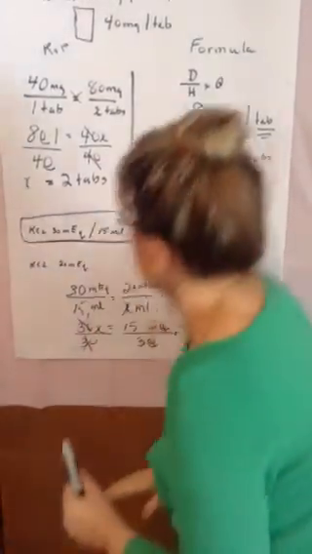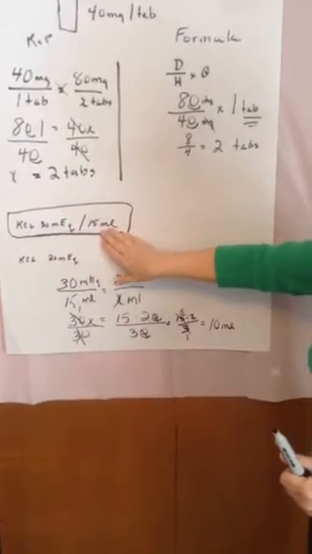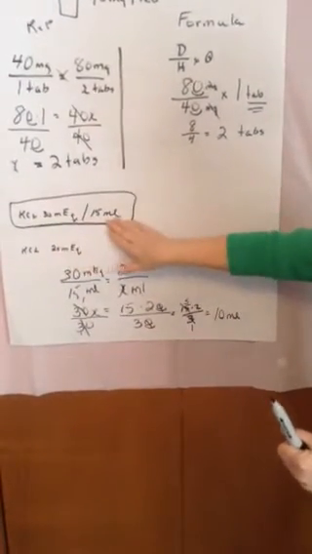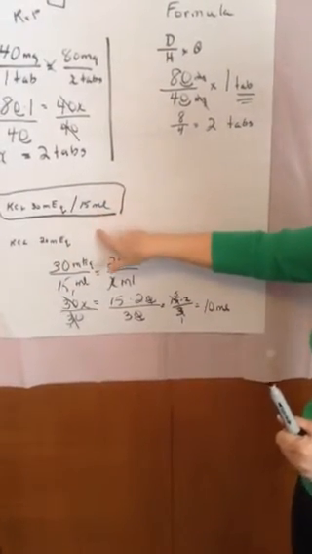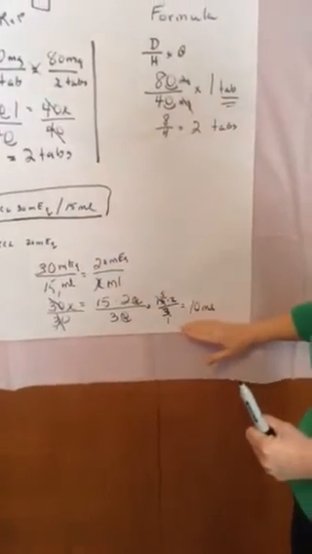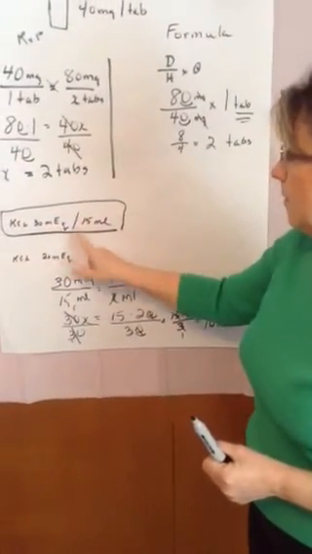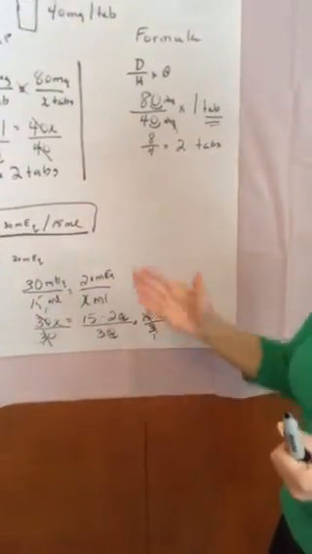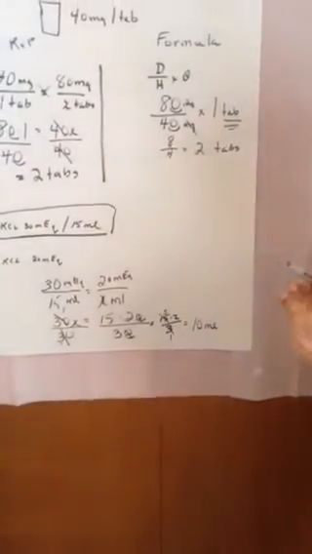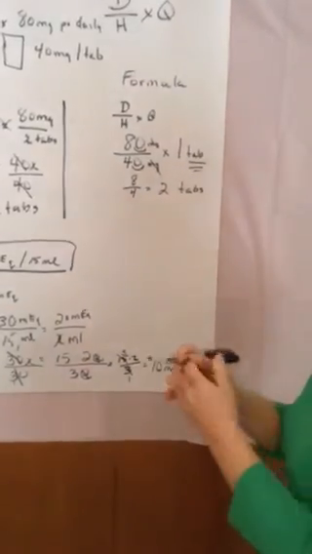Now go back and let's guesstimate. 30 milliequivalents is 15 mils. We want 20. It has to be less than 15. And our answer is right, because 30 is double 15, and 20 is double the 10. So you're always thinking. Now, if you prefer the formula, and many people do prefer the formula,